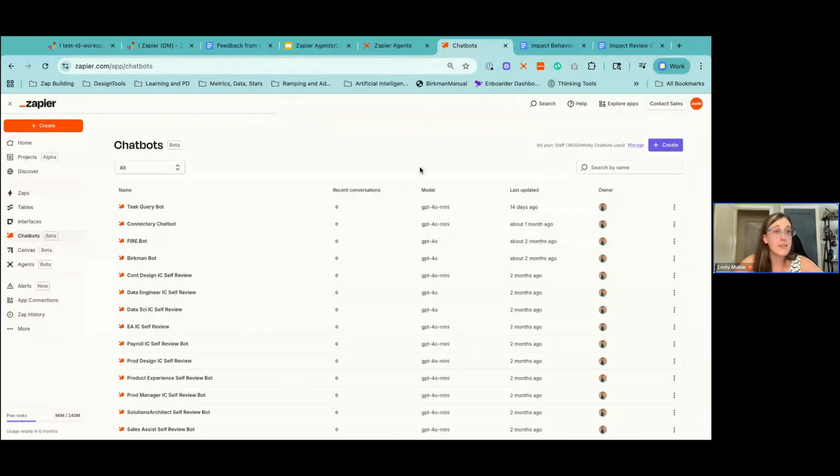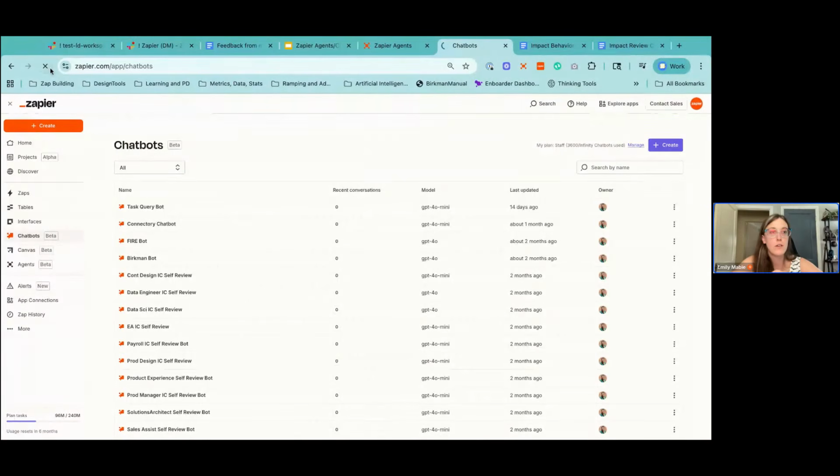Chatbots are exactly what they sound like. They're AI-backed chatbots that allow us to unite knowledge sources and use very specific prompting to get results that we want. You can set them up in minutes. We've got the create button on the left or right-hand side. On my right-hand side, it's purple. I'm going to click create, and we are going to set up a super simple chatbot to go ahead and help managers make the most of